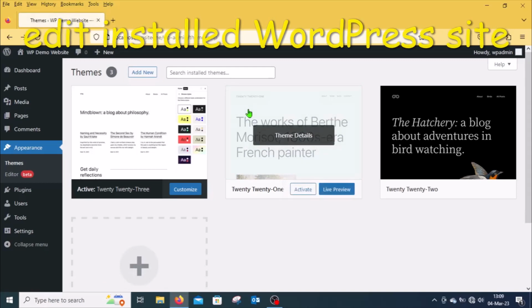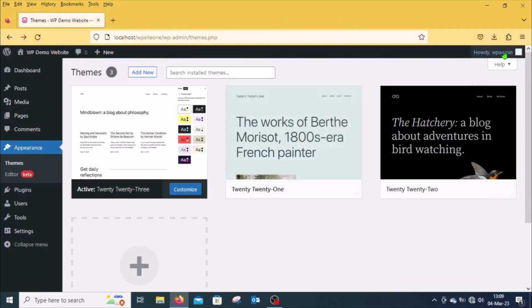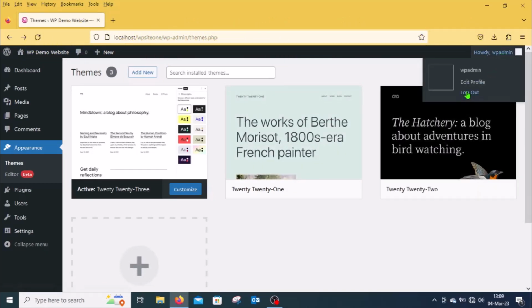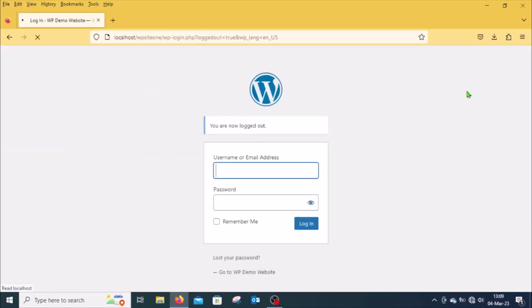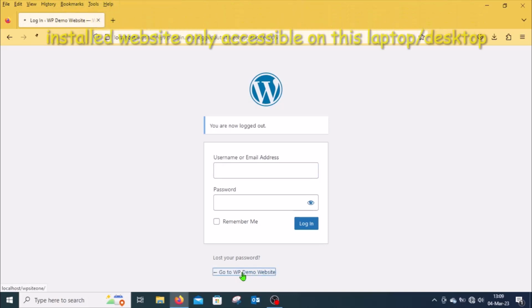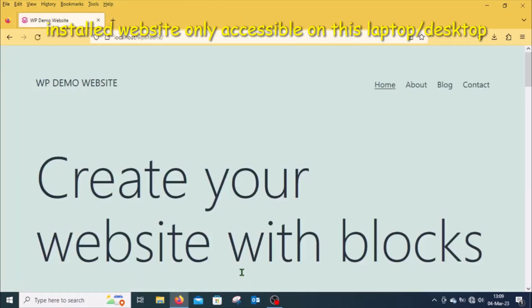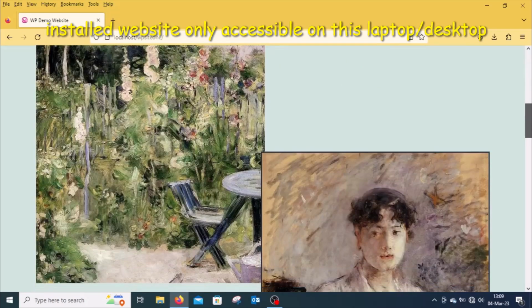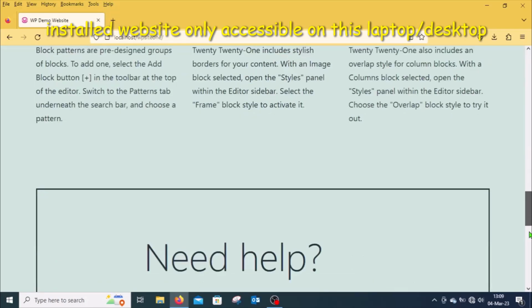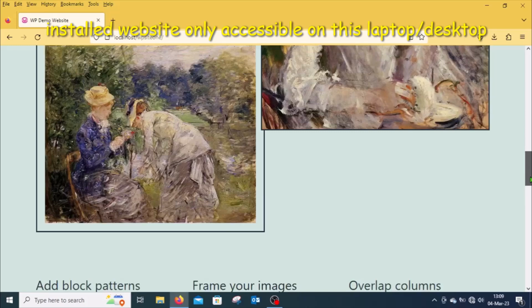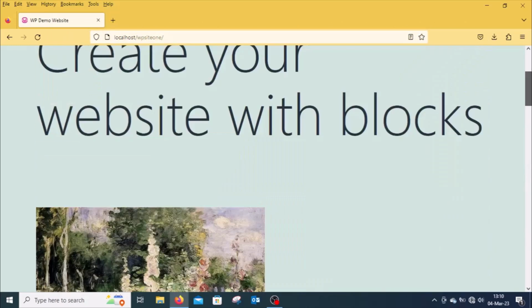Then I go and log out of this site. So I log out. Then instead of logging in, I go to the WP demo website. So I click on that. I'm going to the website like any other normal user. That's what any normal user would look at. This is how my new website looks before I edit it much. This ends our